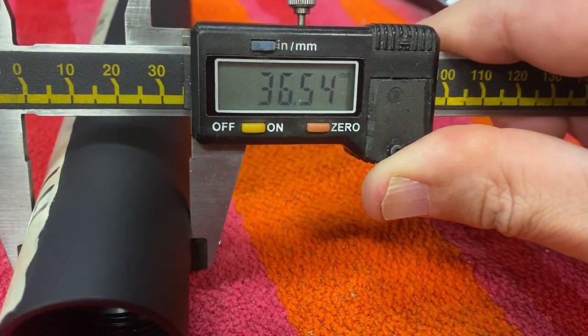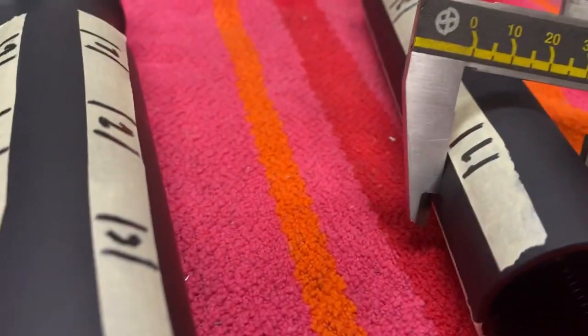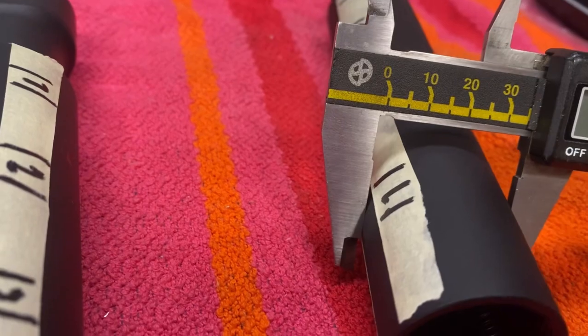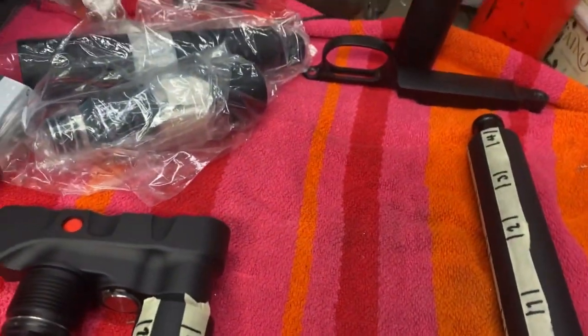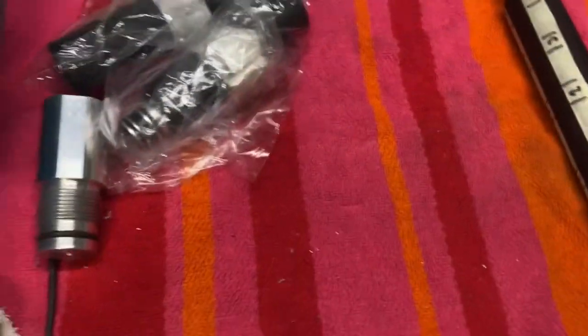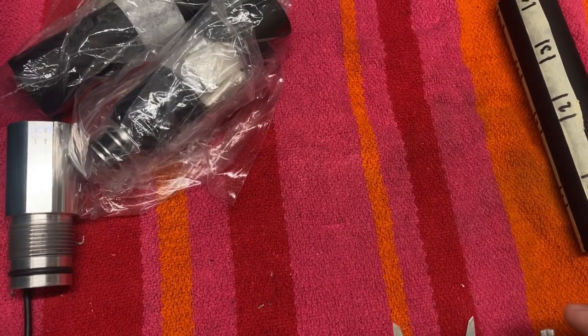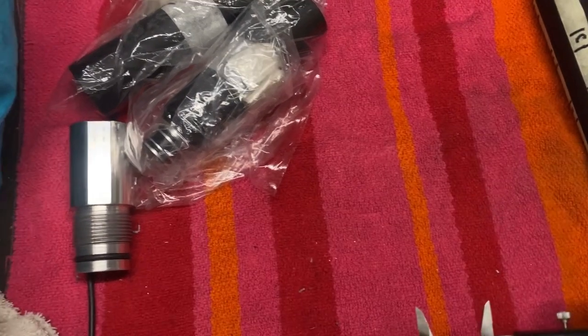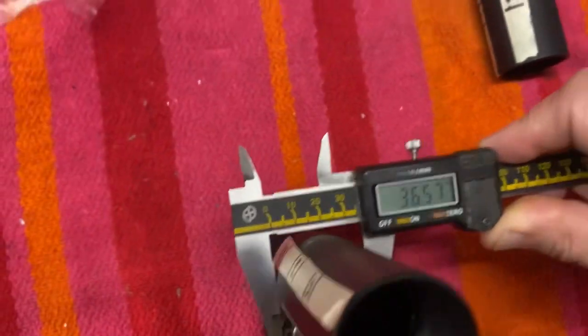And I'm pushing this so it's always the same amount. But yeah, 36.55. We can call it 36.56. A hundredth of a millimeter is nothing in this game, because if it yields, it's going to be more. And we're going to measure this from the first point,